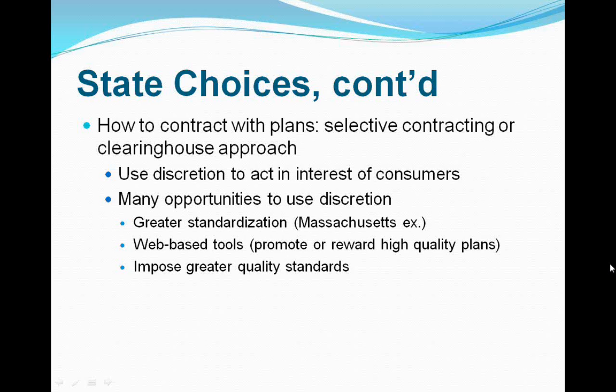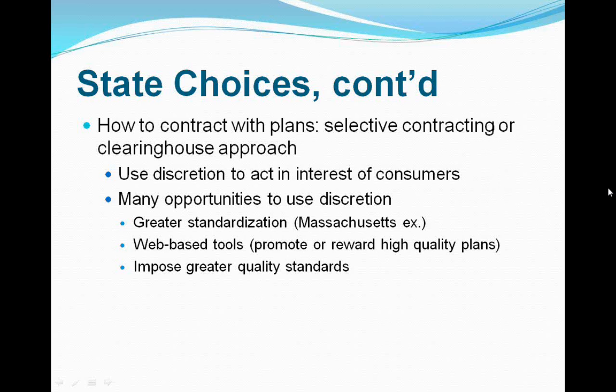In Massachusetts, they did it to provide greater standardization. After they were operating for about a year, they did a bunch of surveys of those who had coverage through the exchange, which they call the connector, and asked them what they liked and didn't like about their coverage. And most people wrote back and said that they still had problems comparing plans, even with it condensed down to 3 different plan types. So the connector board required health plans participating in the exchange in the next year to meet other requirements. For example, they set the copays for key services that people said were particularly important for them,